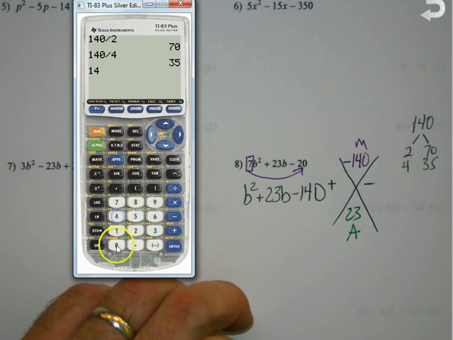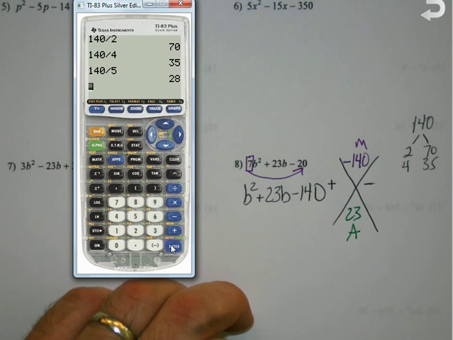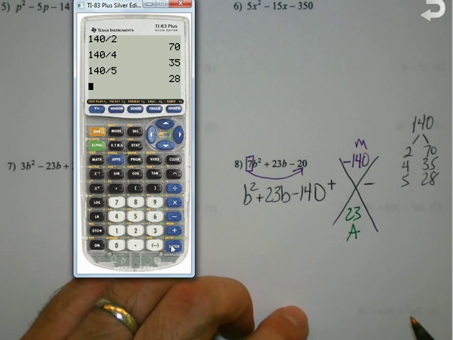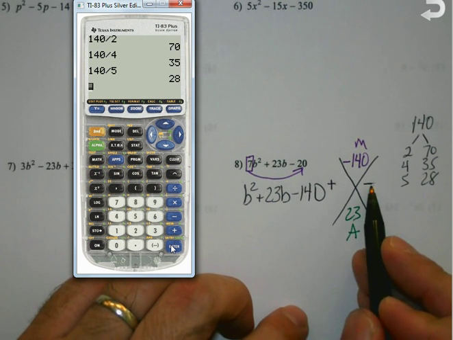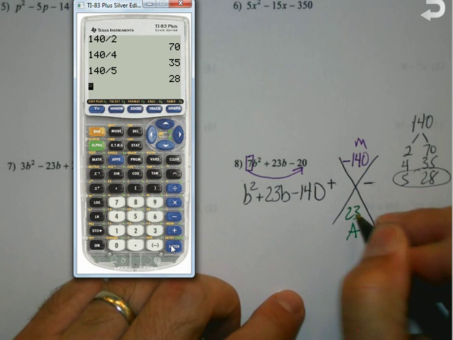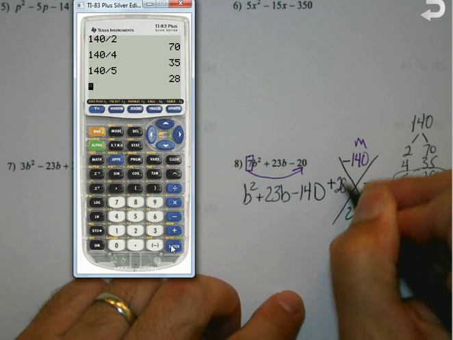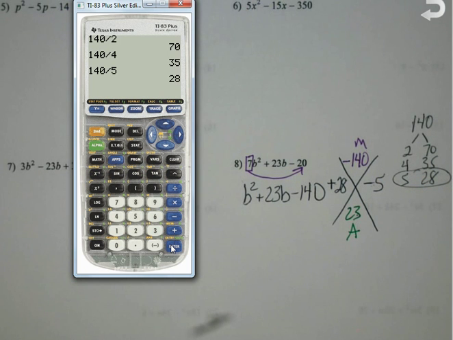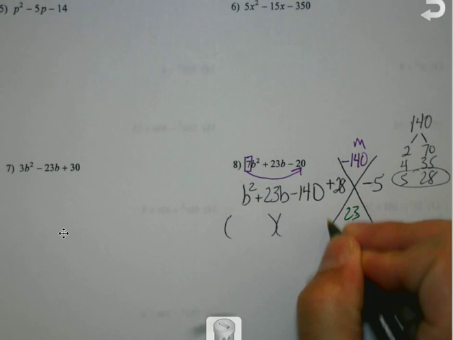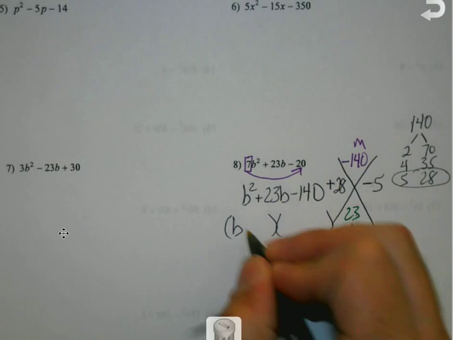Wonder if 5 will work, because we're getting close enough that I'm starting to wonder. 5 and 28. Now let's, ooh, different signs, so it's subtract. Ooh, those are 23 apart. Okay, let's do this. +23, so the positive number has to be the bigger one. Okay, so notice, even if I'm not an expert and can snap off all the products for 140 off the top of my head, it didn't take me that long to use the calculator to get where I needed to be. So, I take the numbers from the side of my diamond,